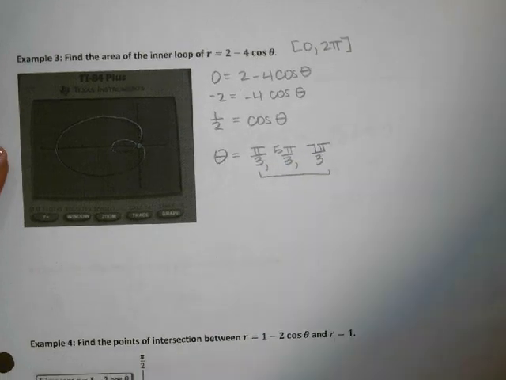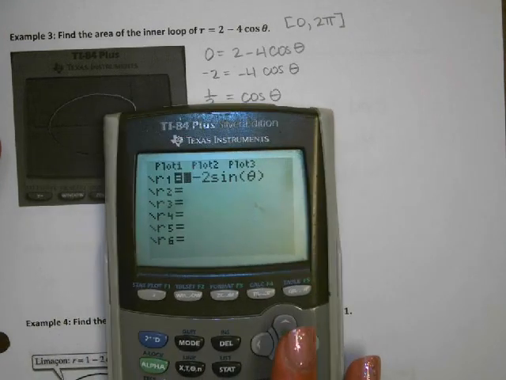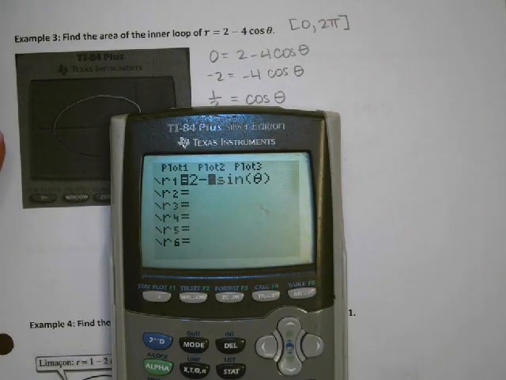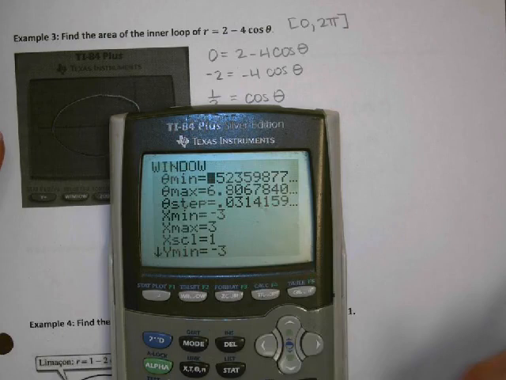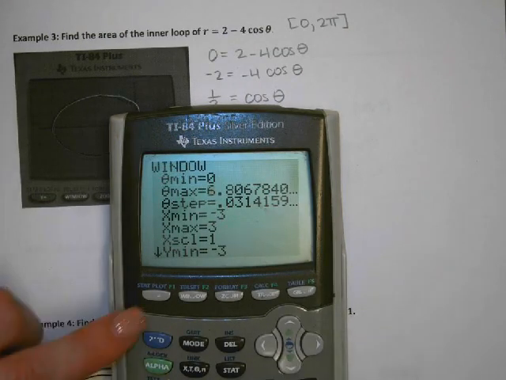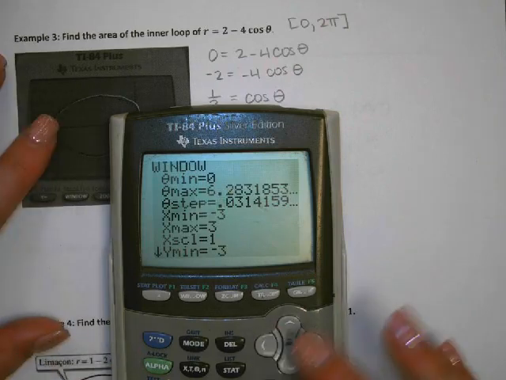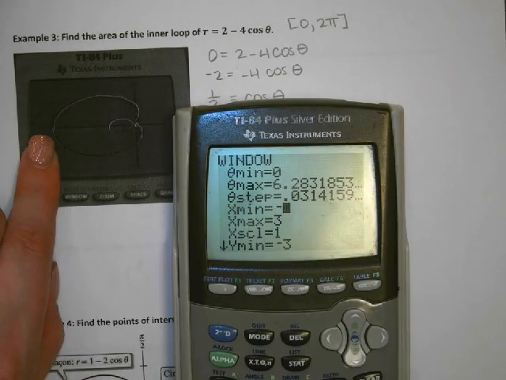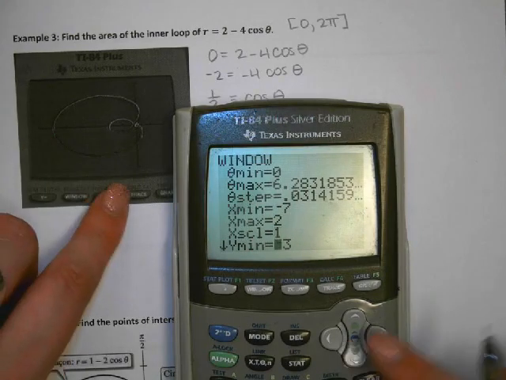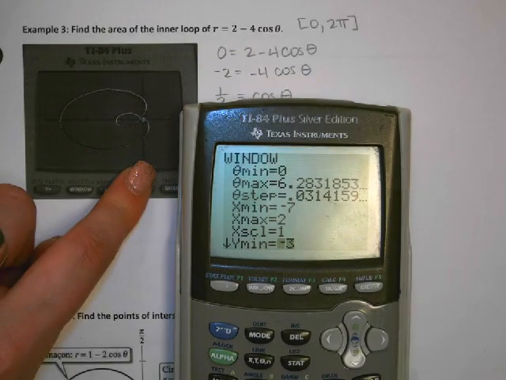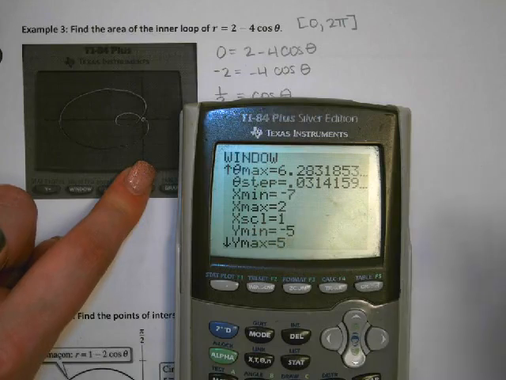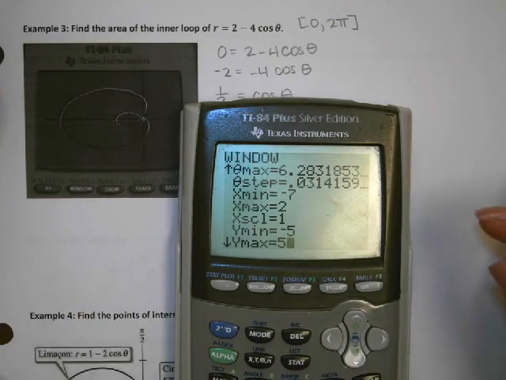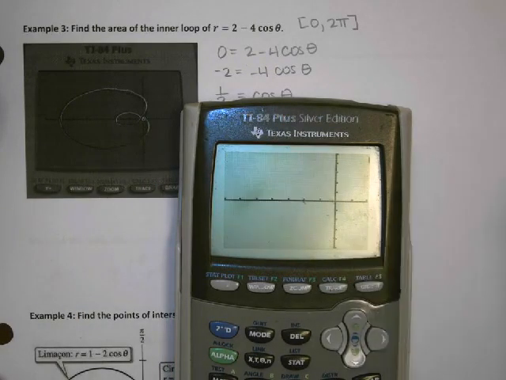Okay, and what I'm going to do is show this to you on the calculator so we can kind of prove that it's doing what we wanted. So 2 minus 4 cos theta. I'm going to start off doing 0 to 2 pi so you guys can see that. I do need to change the x values here. This goes to negative 7, and this goes to 2, and then this way I did negative 5 and 5. I don't expect you to be able to see that very well, I'm just remembering what I did. Okay, so if I graph it,